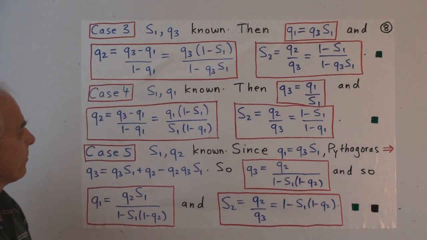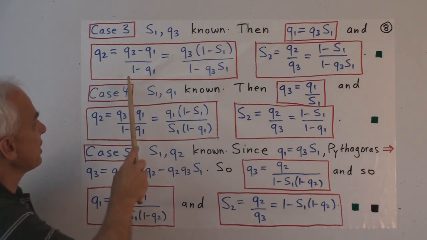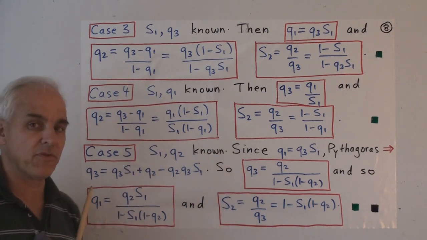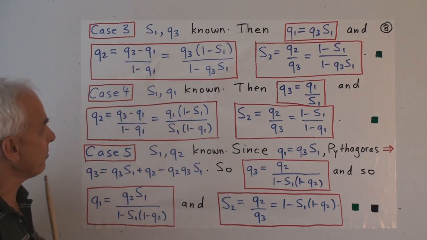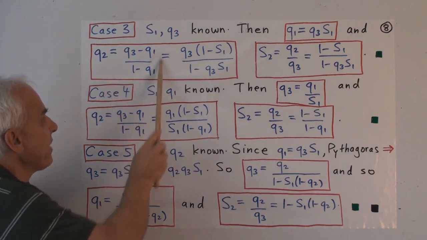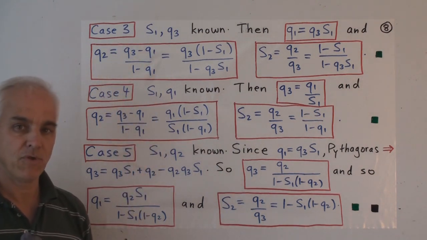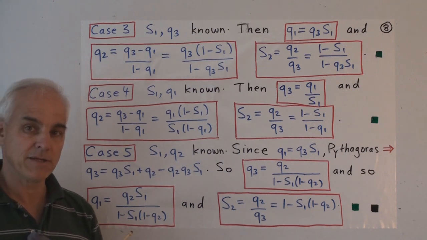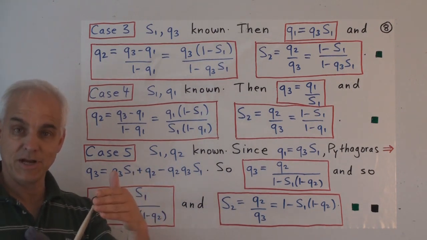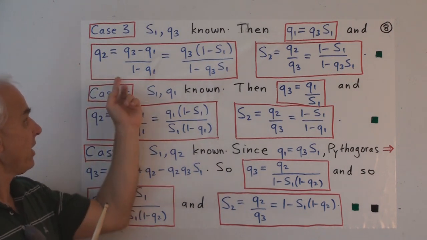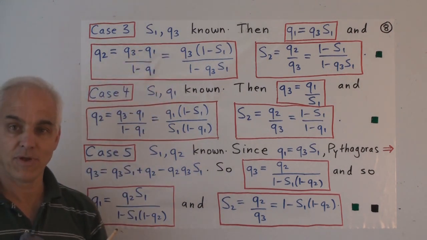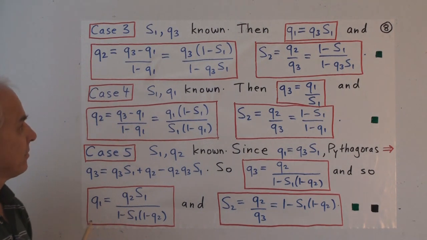What about Q2? Well, here's an expression for Q2 in terms of Q3 and Q1. Where does that come from? Well, that was Pythagoras' theorem rewritten. If you look on the previous slide, when we started with Pythagoras' theorem, we saw we could rewrite that solving for either Q2 or Q1. And here's what Q2 was in terms of Q1 and Q3.